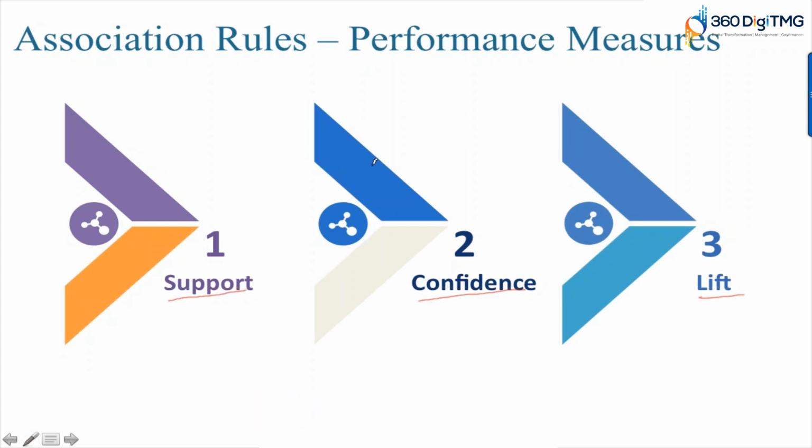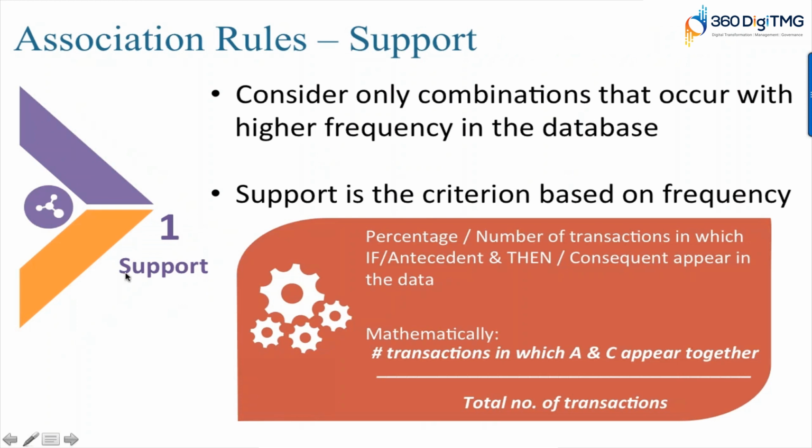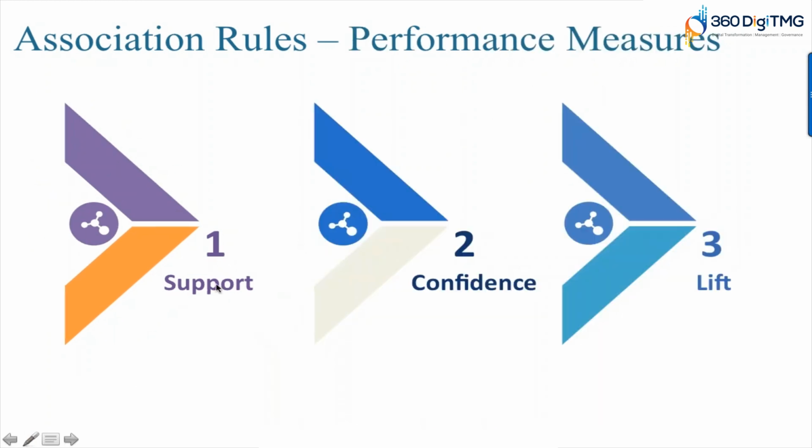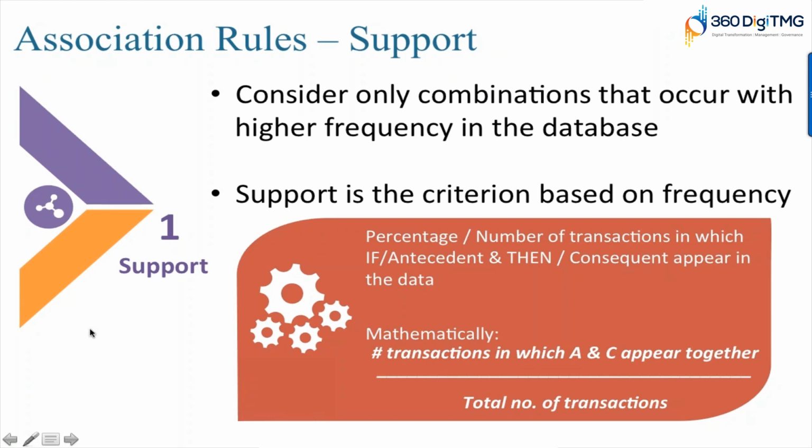So here we go. We have a problem at hand. We need if white then blue. The formula is simple, either in percentage terms or in number terms. Probability of antecedent and consequent being purchased together divided by probability of antecedent. The formula for probability is the number of events that you're interested in. So let me write it for you all. Interested events